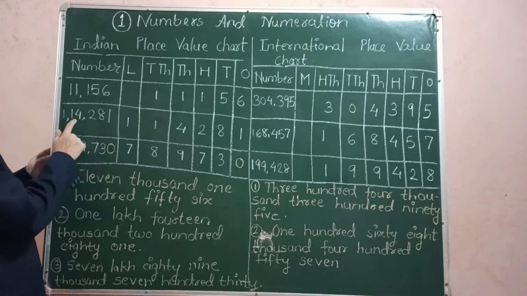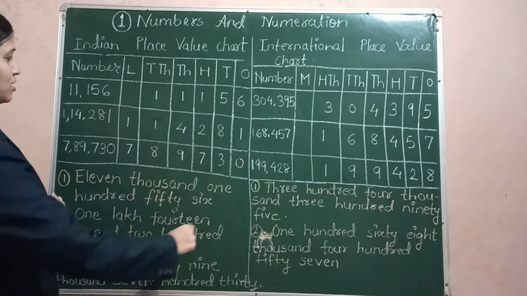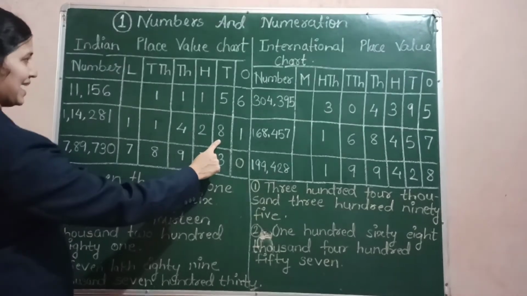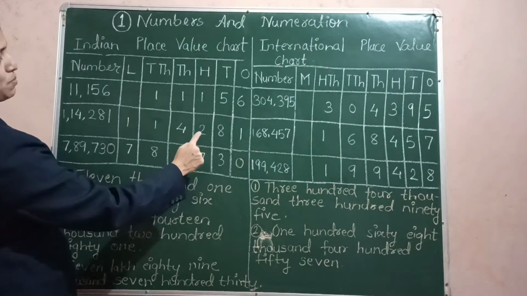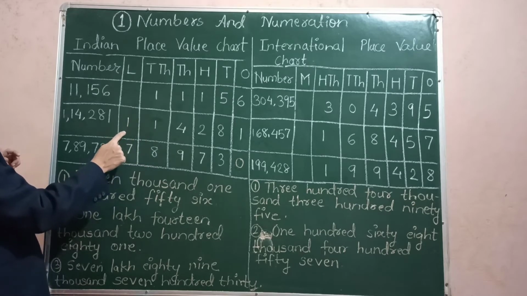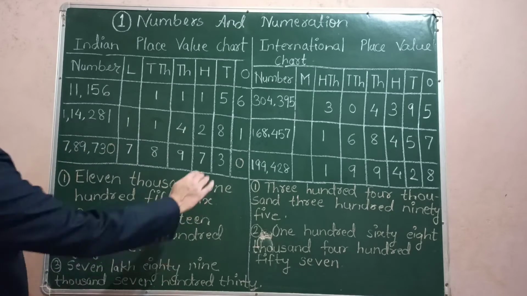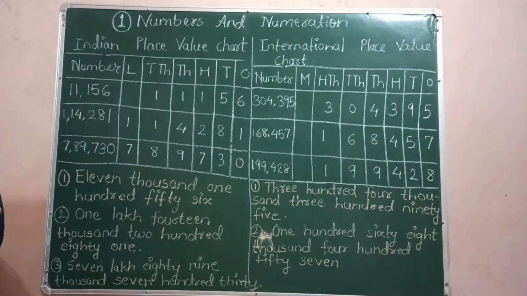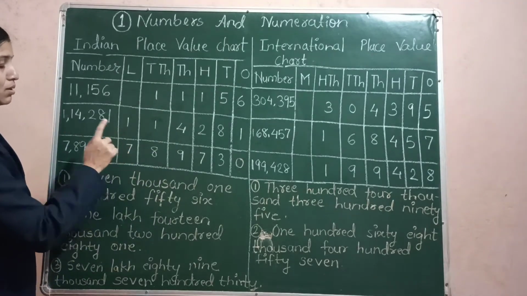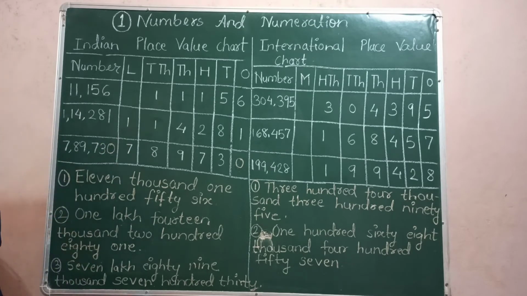So the second number is a 6-digit number. First, let us see how it is placed in the place value system. So the first number from the right is 1 in the ones place. Then comes 8 in tens place. Then 2 in hundreds place. 4 in the thousands place. 1 in 10,000s place. And the 1 in the lakhs place. And here we are having a 6-digit number. These three numbers belong to the ones period. These two numbers belong to the thousands period, and this one number belongs to the lakhs period. So the 6-digit number here is having all the three periods.